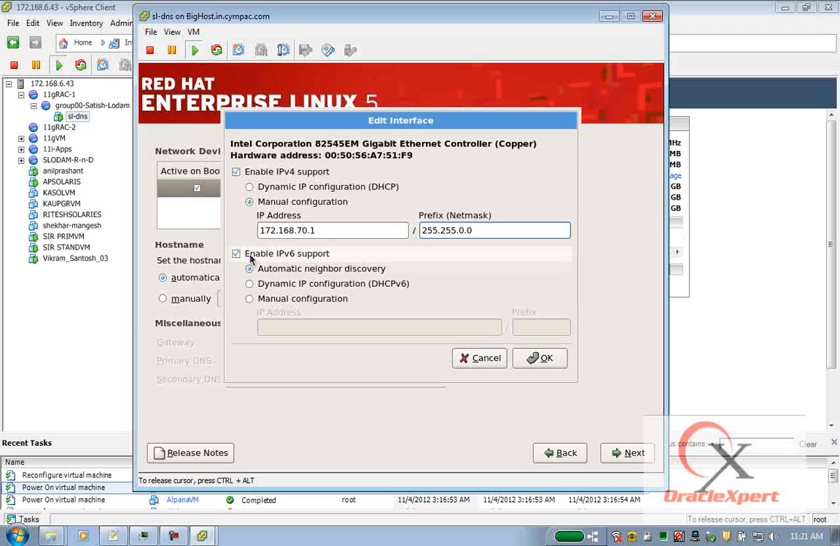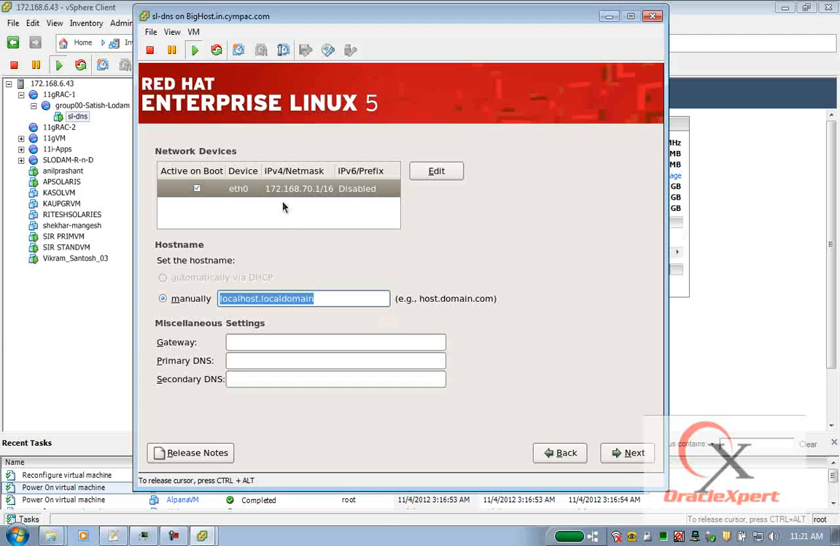Enable IPv6 support must be unchecked. Click OK. So now you see, instead of DHCP, it shows me my IP address, and IPv6 shows disabled. Name of my machine is sl-dns.oracleexpert.com. Remember, it's your initials -dns dot domain name, and domain name is